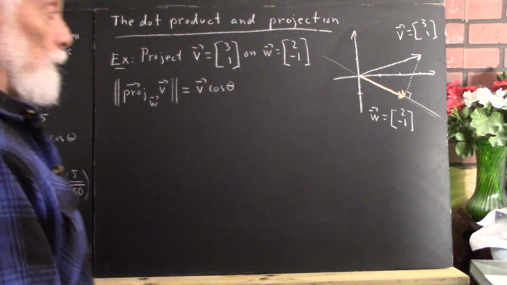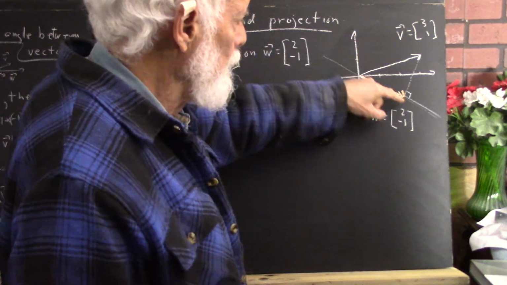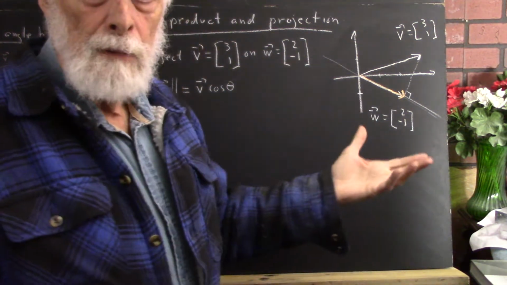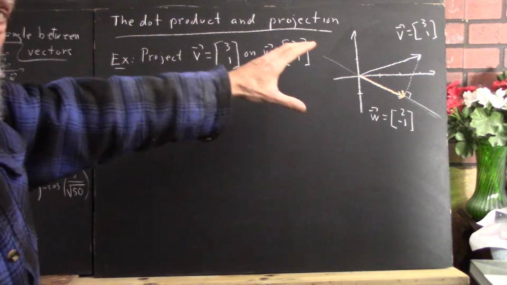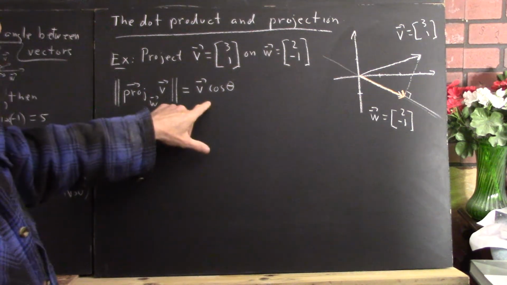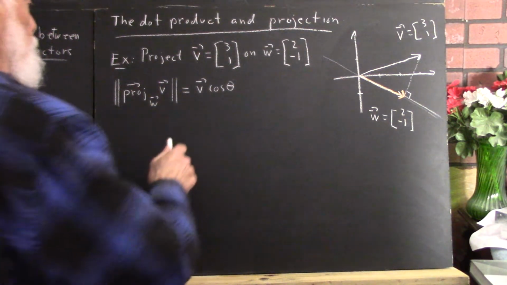Now that vector is pretty close to the v vector. So close I can't really tell from the sketch which side of the v vector it is on. Is it actually a little longer than the v vector the way I drew it here? Or is it maybe a little bit shorter? I can't tell, because my picture isn't accurate enough. In any case, the magnitude of the projection is the magnitude of v